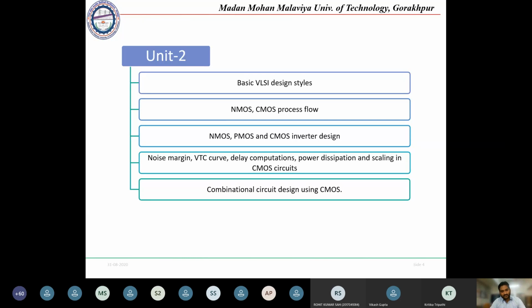So we will start with circuit. In that, the basic circuit is the inverter. Okay, so we will be designing the inverter circuit. That inverter will be designed by using NMOS, PMOS, and CMOS transistors. Once we have fabricated the transistor, we will use that transistor to design inverters. The inverter is the basic building block of all digital circuits.